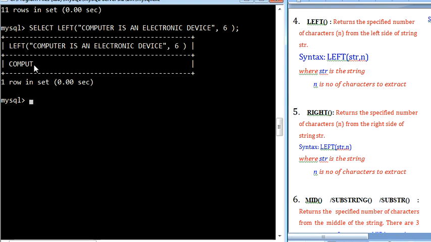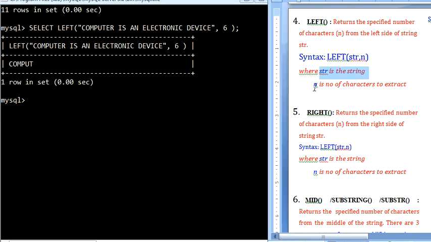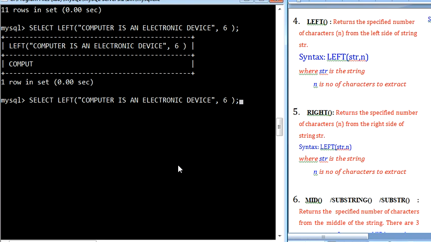This is how the LEFT function is used on your string. The first argument is the string itself, and the second argument specifies how many characters you want to fetch. Suppose I give the same string, "computer is an electronic device", and instead of 6 I pass 10.